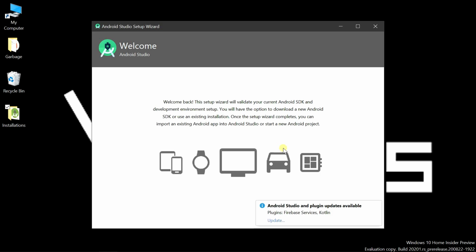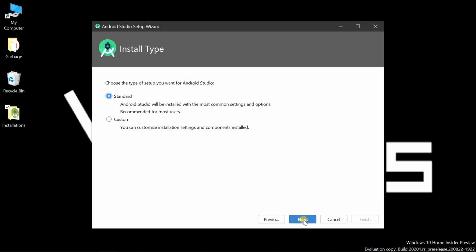Darshan, should I update these plugins? Do we need them right now? Nah, we don't need them, so you can just skip that part. Should I go with next? Yes. Should I go with the standard installation? Yeah, standard installation is enough.